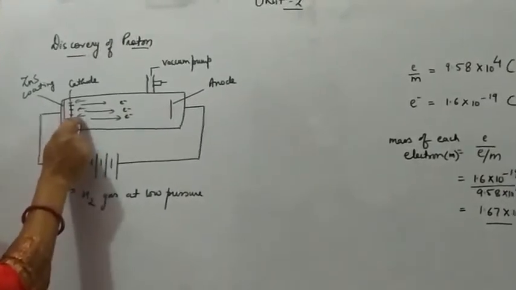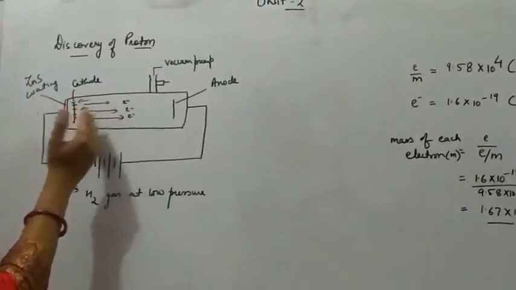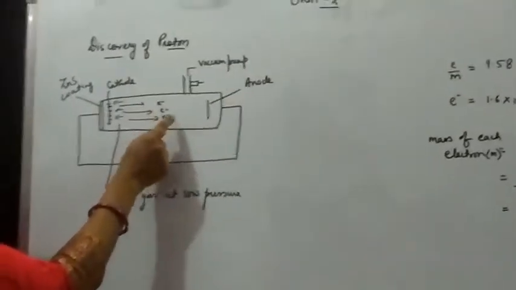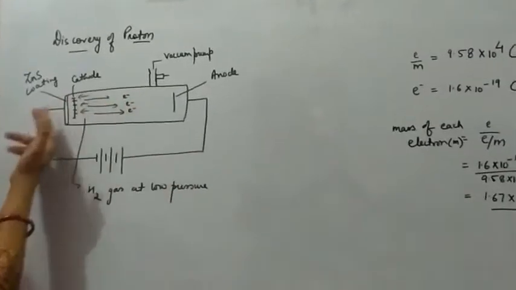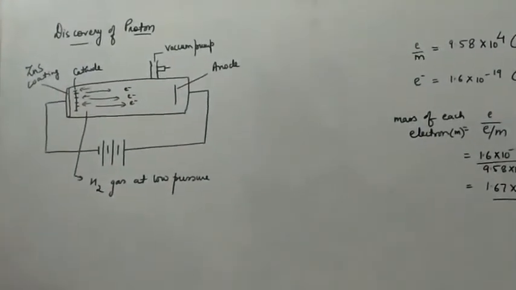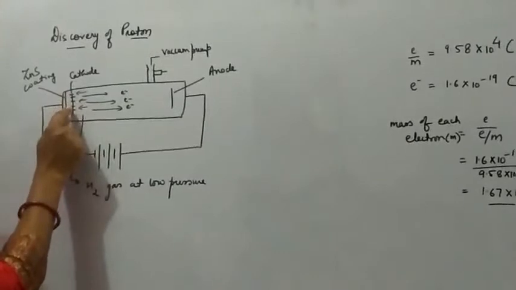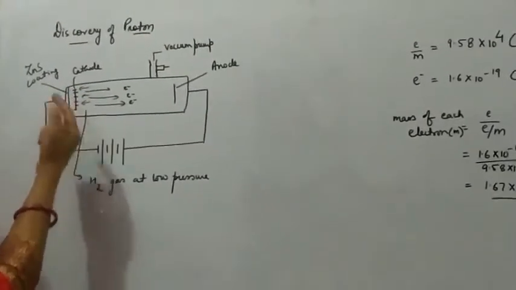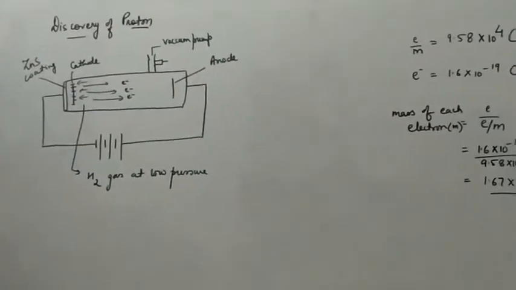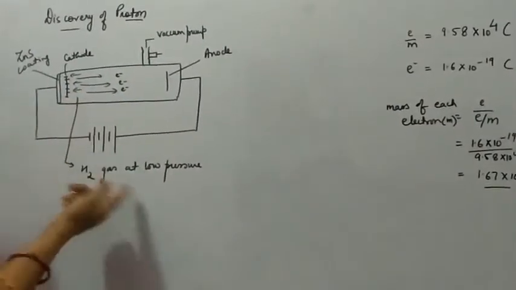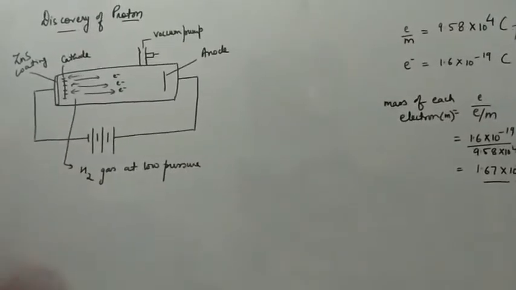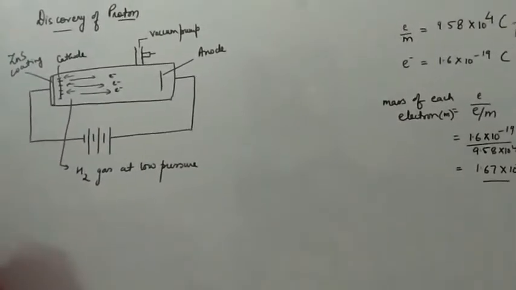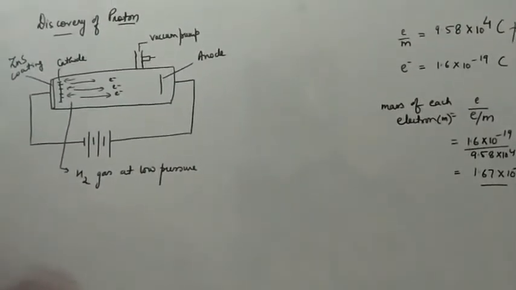Now these particles, since they were moving opposite to the electrons, from the side of the anode toward the cathode, were known as the anode ray. And as they have their path through the channels or canals, which are the holes here, they were known as the canal rays. Here we can have different gases instead of hydrogen also. Now what are the characteristics of these particles, the anode ray or the canal ray?